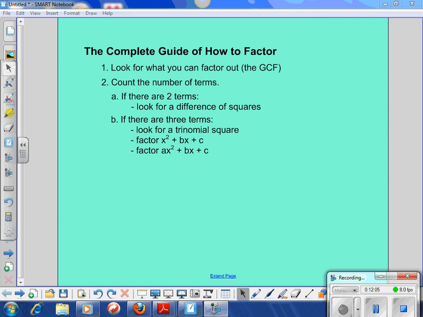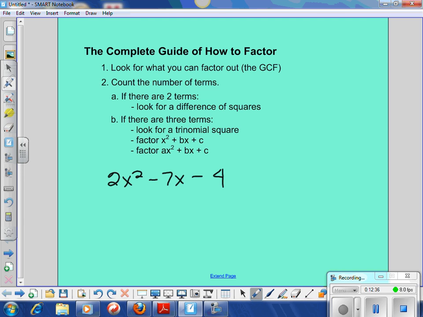The next one we're looking at is, once again, we're still under the category. There are three terms, but now we're looking at ax squared plus bx plus c. So it's not just simply an x squared, there's a number in front of it. Now, most textbooks do not show the way that I teach this, so this might not be reviewed, so I'll go a little slow. Our first problem we're going to do is 2x squared minus 7x minus